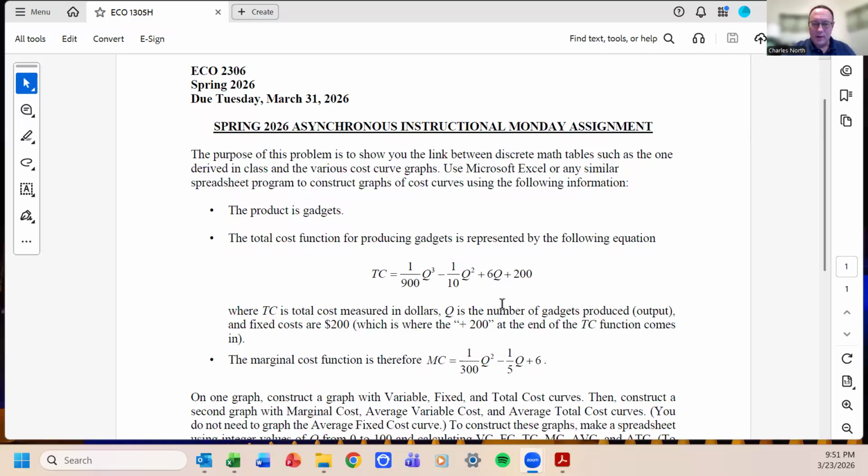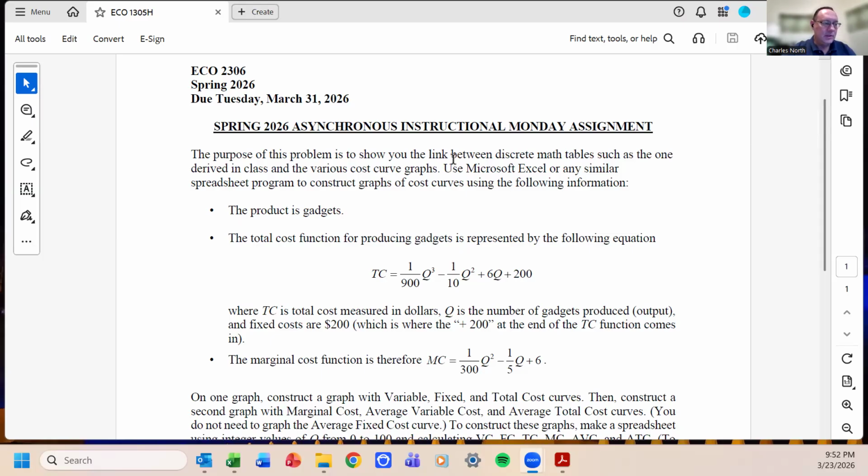And that's where we are over here. So I'll be looking that way. You can see that what I want to do is take the production and cost tables that we saw today in class and see how to convert those into the graphs that we drew. So I want you to see the assumptions that are underlying the shapes of the graphs that we drew in class. And over here on the assignment, which has been uploaded into Canvas already,